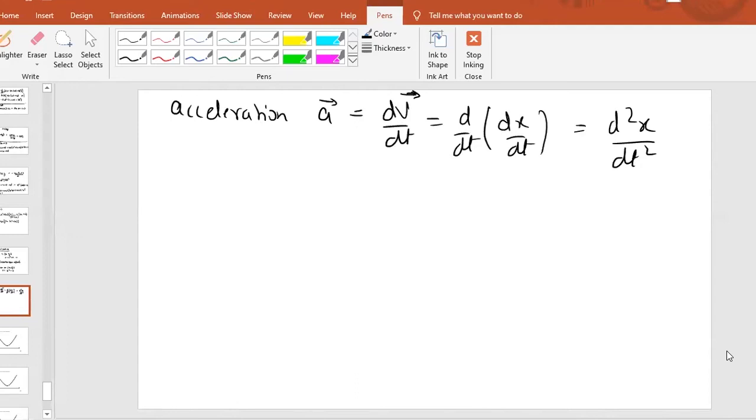No, average velocity and instantaneous velocity are different things. I told you when I was teaching the basics of differentiation that instantaneous velocity is the velocity at a particular instant, like at 2 hour, 3 hour, 4 hour, 4 p.m., 5 p.m. That is instantaneous velocity. Average velocity is total distance by total time taken. So average and instantaneous are different things.